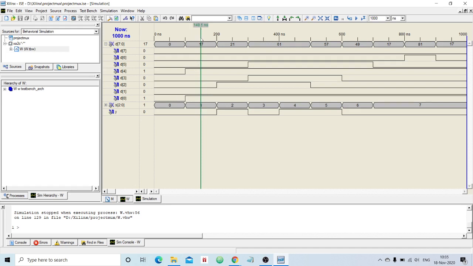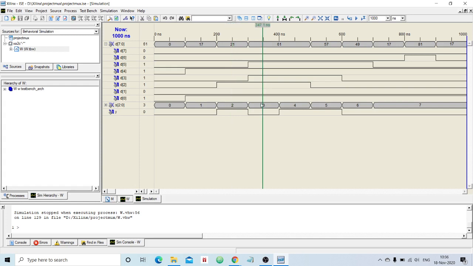Now, interesting. See, now we are here at this point. At this point the selection line has a value 2, right? What it means is you need to look at data line 2. Data line 2 at that point is 1. Either you can refer at this point, or see it here. It has a value 1. Hence Y will have the value 1. Okay, go to the next value.